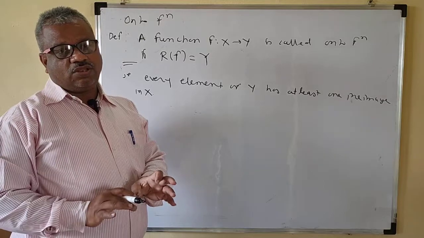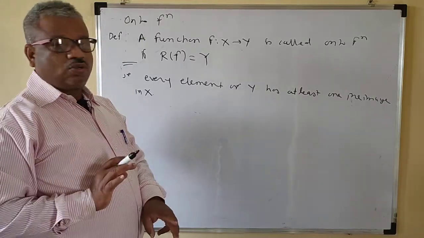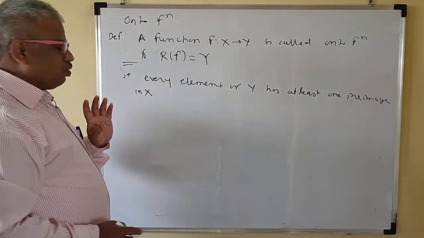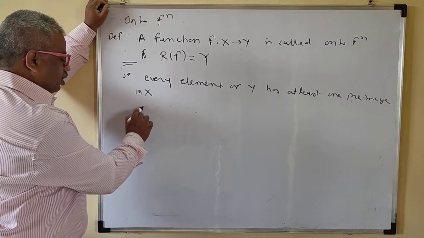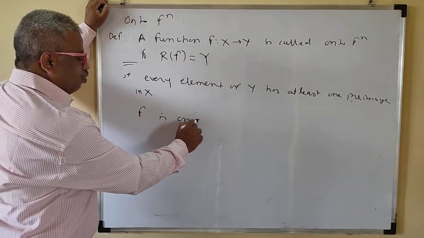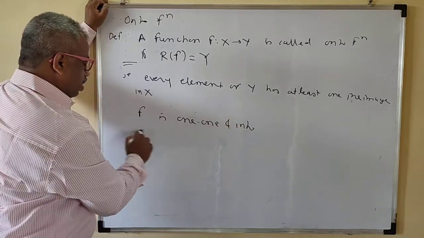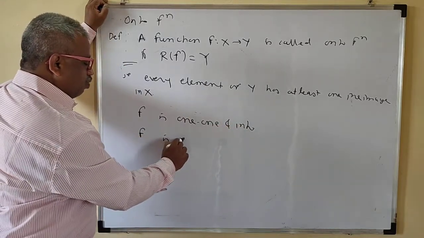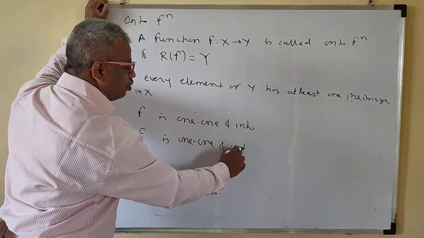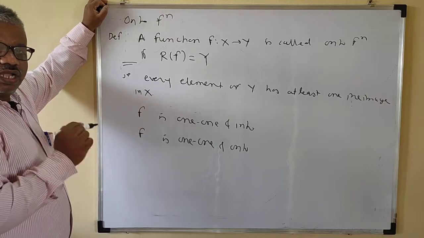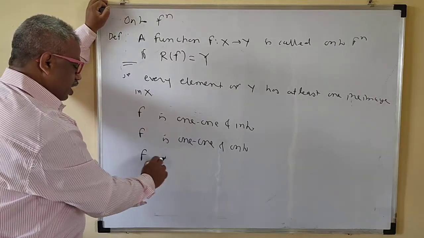The function is either into or onto. If it is not into, it must be onto. If it is not onto, then it must be into. That means there are four types of function. F is 1-1 and into. Then F is 1-1 and onto, because if it is not into, it is onto, right? Now if it is not 1-1, then f is